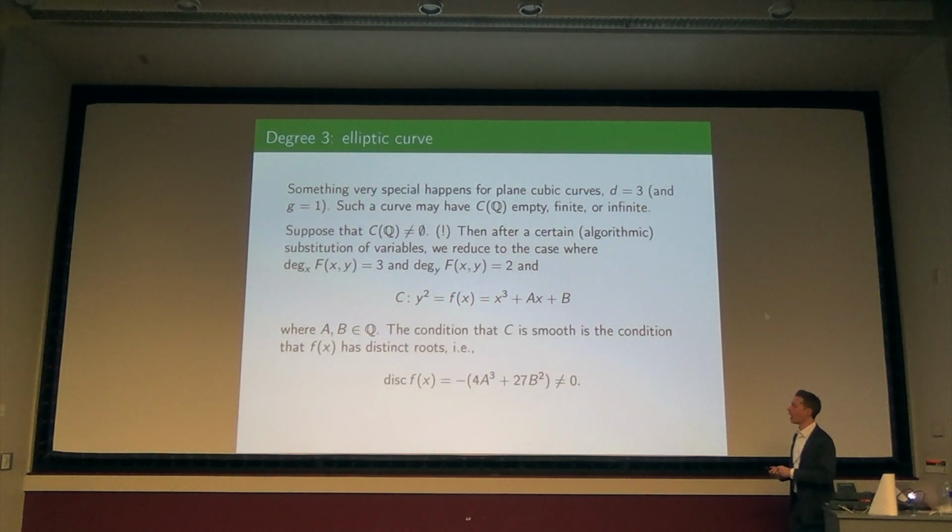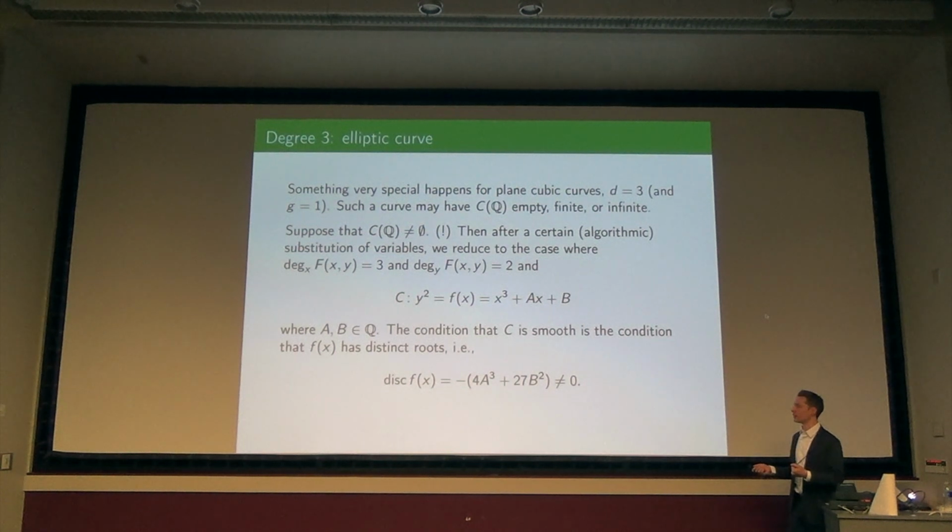And then I asked at the very beginning that the curve C was smooth. Maybe not at the very beginning, on the third slide. What is the condition to be smooth here? Well, you need to take this expression, take its x derivative, take its y derivative, and say, could there ever be a solution where I'm at a point and both of those things vanish? And this happens exactly when the discriminant of this polynomial is zero. It's smooth if this discriminant is non-zero.